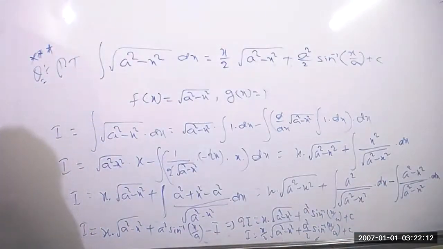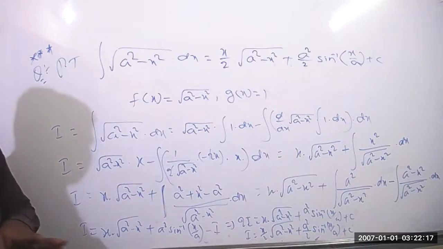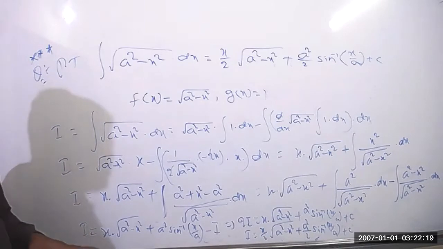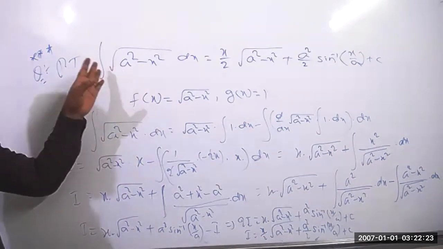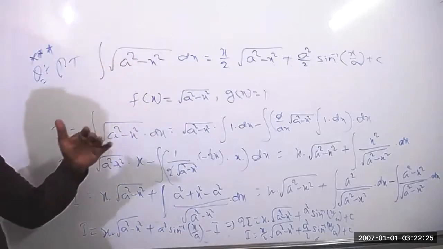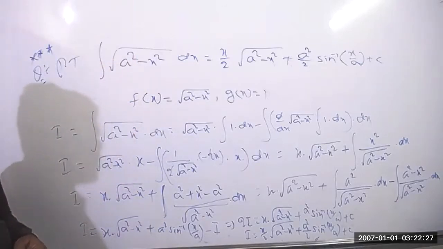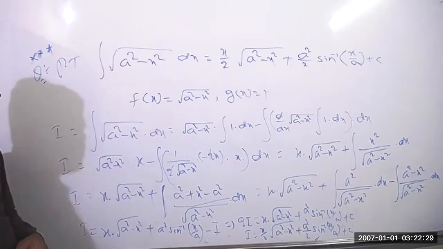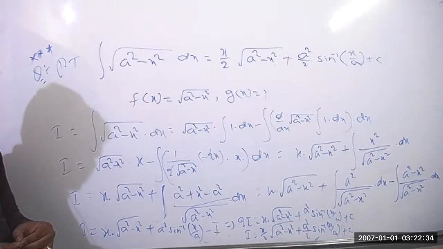Okay. Whatever we did previously, the same thing only we did here. We are not doing anything extra. Take f of x the same, and g of x you can take as 1, because 1 into anything gives the same number itself, and take it separately. Then you can apply the integration.